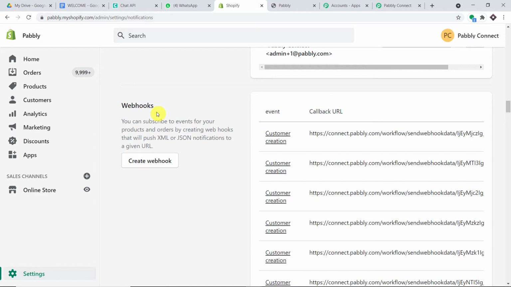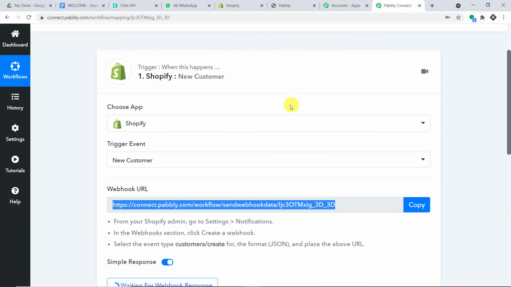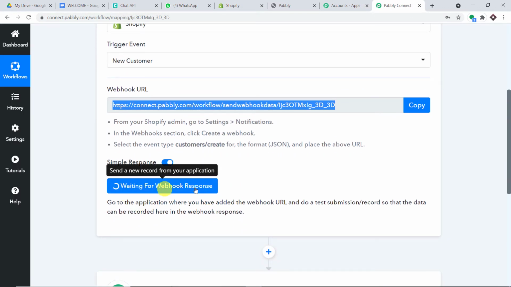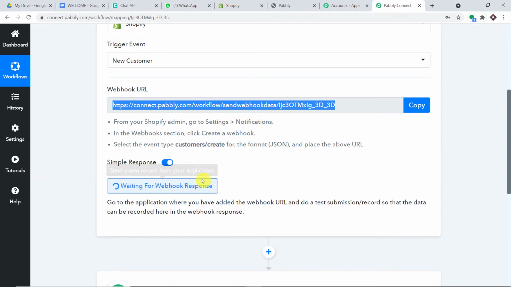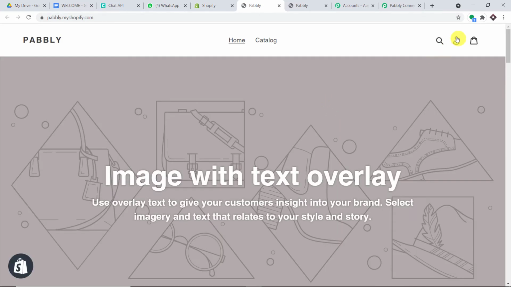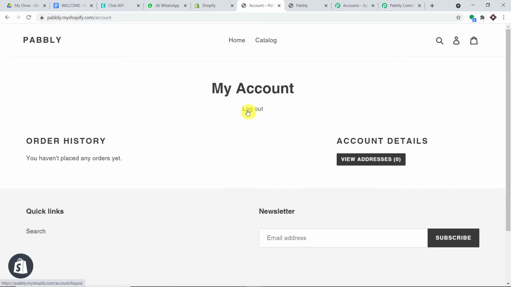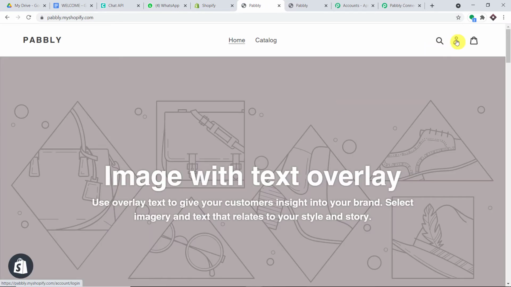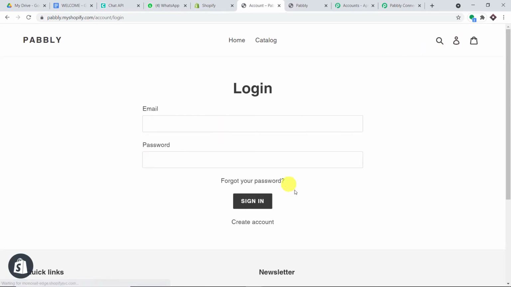So how about we do some experiment? Before we do some experiment, let me just check, is Pabbly Connect capable of capturing the data? Yes, it is showing it is waiting for the data. Excellent. So let us do some experiments. What we're going to do here is build a new customer. Okay. And let me just log out from this current profile, and let me just create a new customer.